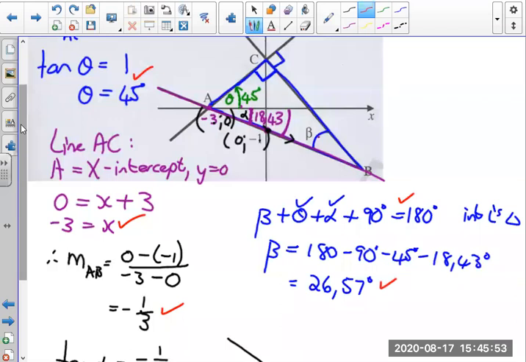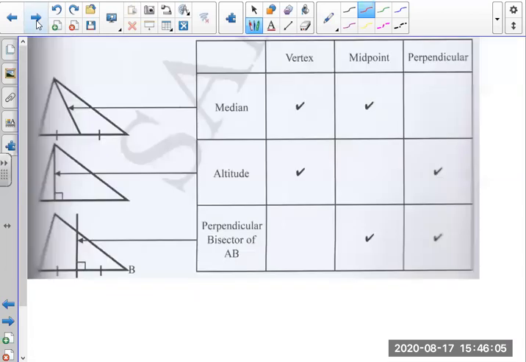So it depends on the difficulty of the sum. Okay, but that's how they can ask inclinations. Okay, then there's one more thing. You must know the difference